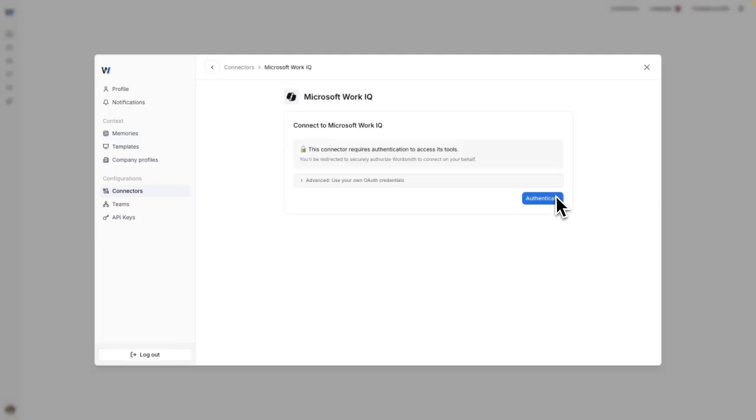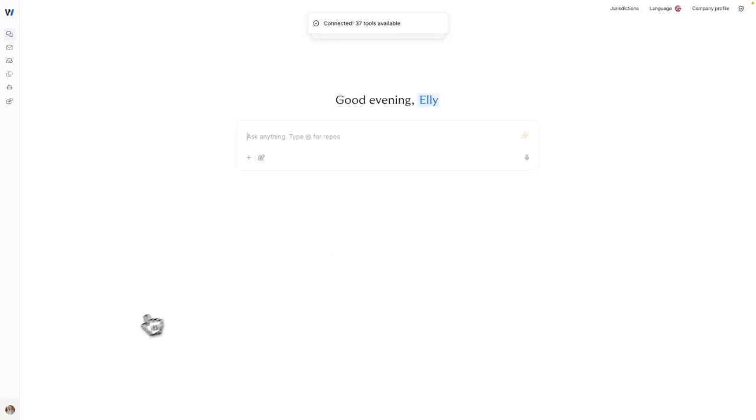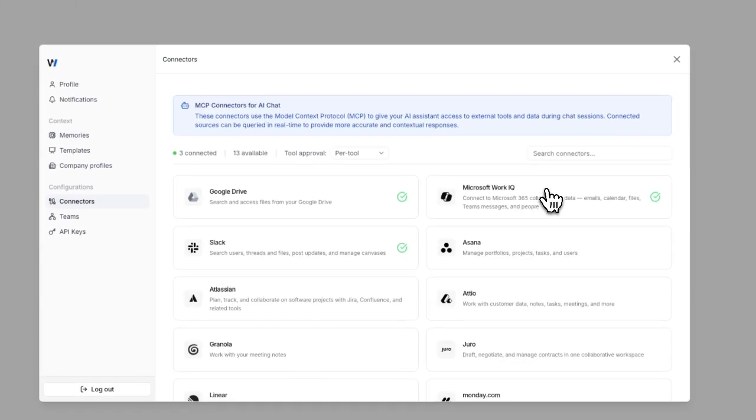all I have to do is authenticate my account. So I'm going to click this blue button, and I'm going to have to pick my account, and now I'm connected. So if I head back to connectors, I'm going to walk you through what tools this